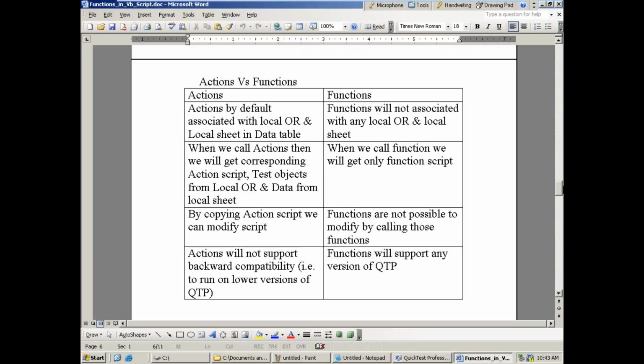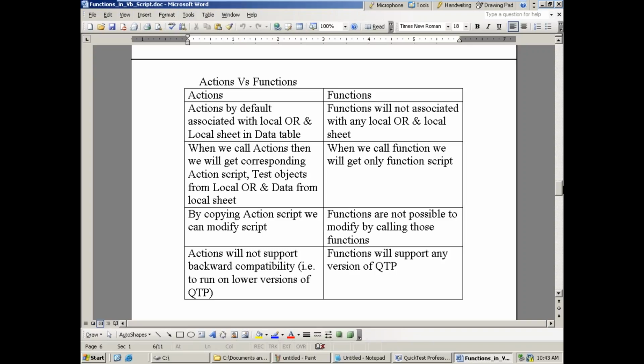That's what we discussed in the last test. Whenever you create a new action, by default QTP provides an action sheet in the data table, a local object repository in the object repository, and an action folder in the test folder. But functions are not associated with any local object repository or local sheet.